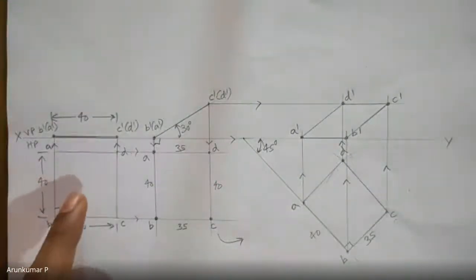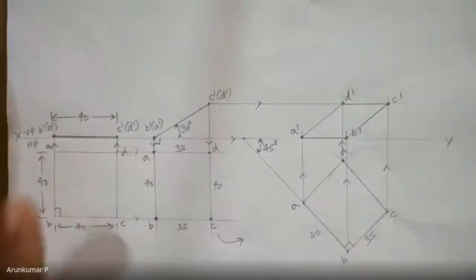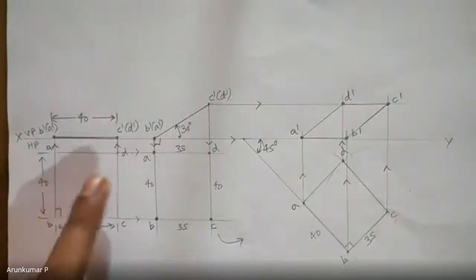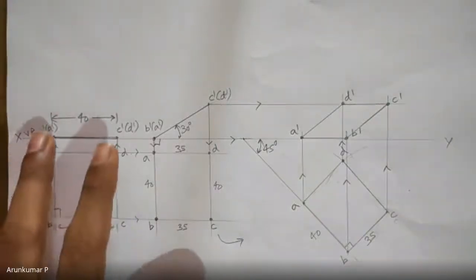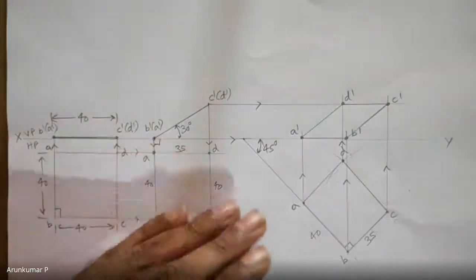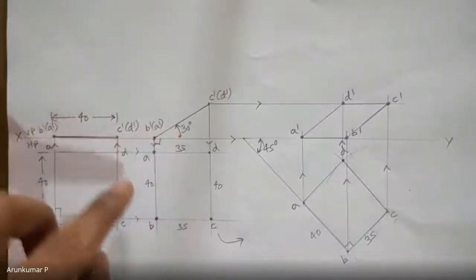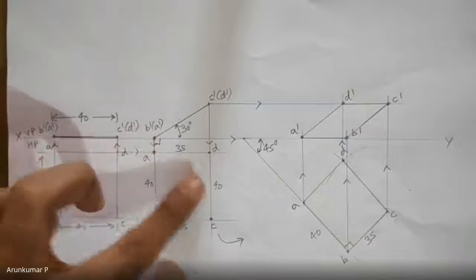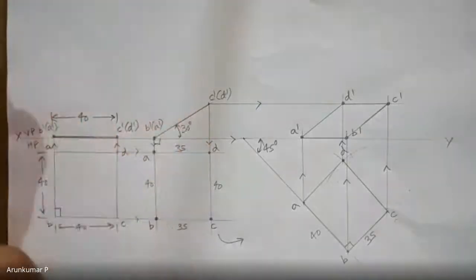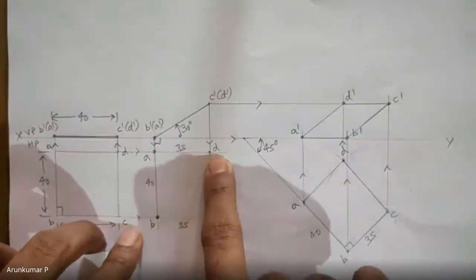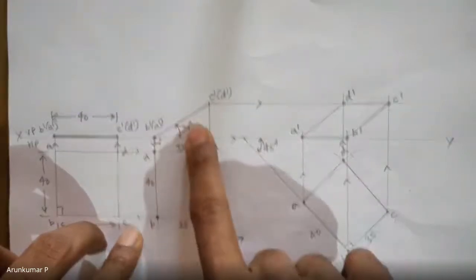So step one, the square lamina is on HP. It is parallel to HP, so in the top view you will see the true shape, 40 by 40. It is perpendicular to VP, so you will see it as a line of 40 mm in the front view. Second step, it is inclined to HP by an angle of 30 degrees. However, the edge AB is on HP, so B dash A dash will be on the XY line and the front view will be inclined by 30 degrees. In the top view, you will get a rectangle of 40 by 35, because the edges BC and AD are not parallel to HP, they are inclined by an angle of 30 degrees.